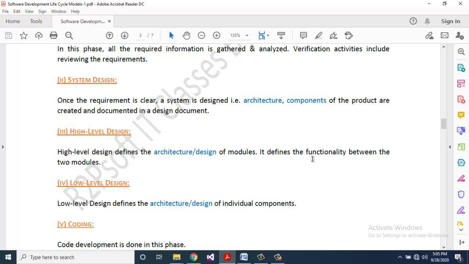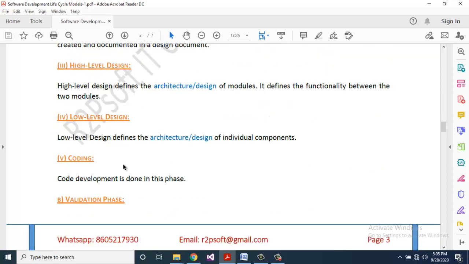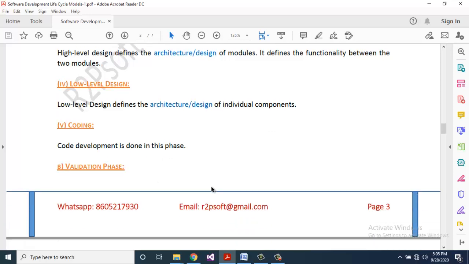It defines the functionality between the two modules. Low level design. Low level design defines the architecture design of individual components. Coding. Code development is done in this phase.